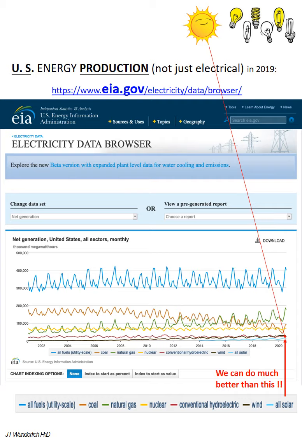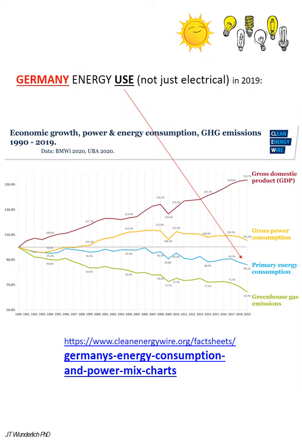You're looking here at the graph, all solar compared to, and this is our production, compared to at the top here all fuels. So we're still burning coal and we're still burning oil, and that needs to be changed. You say, oh, we only could do so well. Well, okay. Here's another developed country. Look at what Germany's doing,